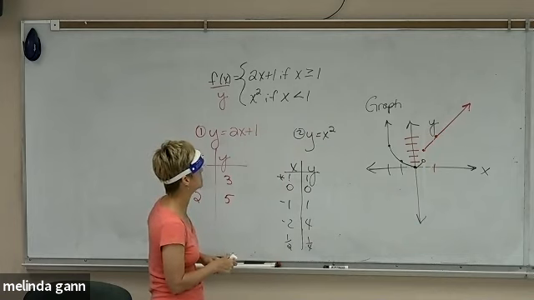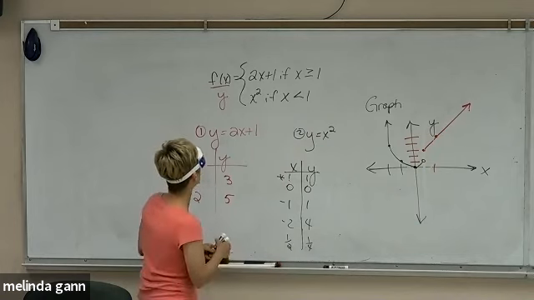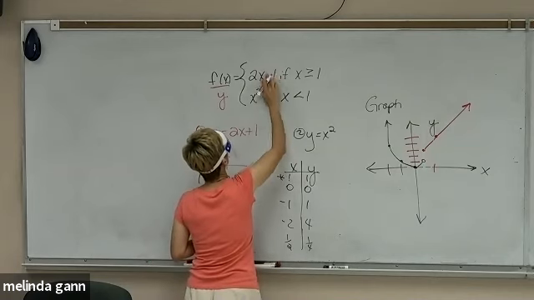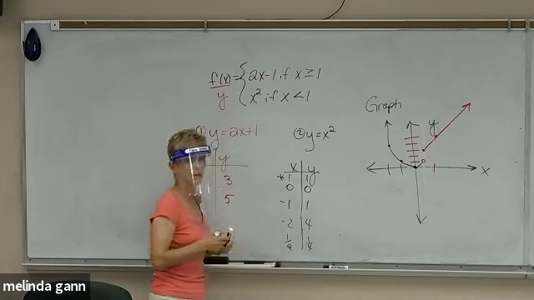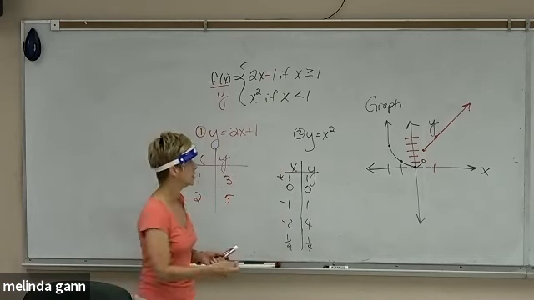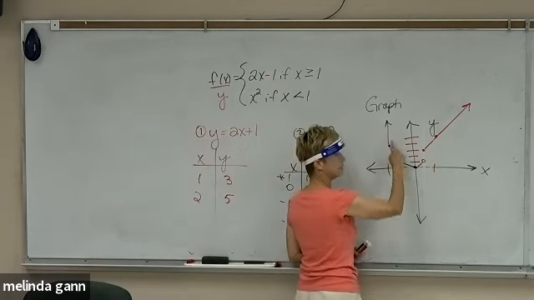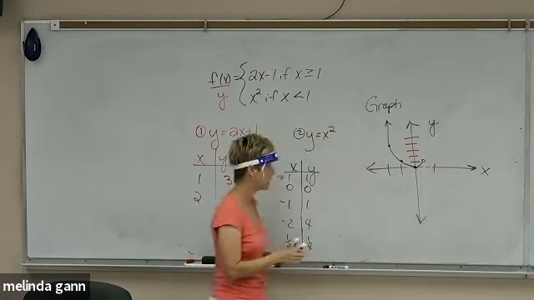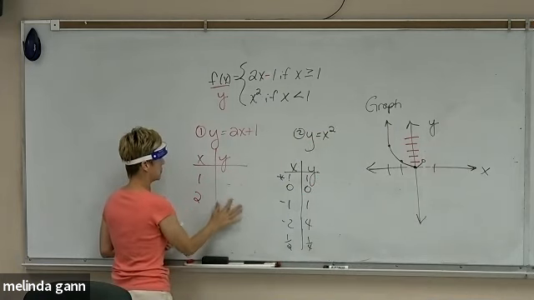Suppose that had been 2x minus 1 instead of 2x plus 1. Do we understand that this parabola would still be there? But this line would be different, wouldn't it? If it were 2x minus 1,